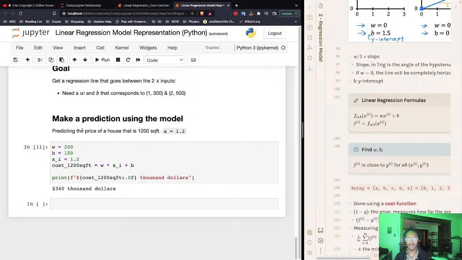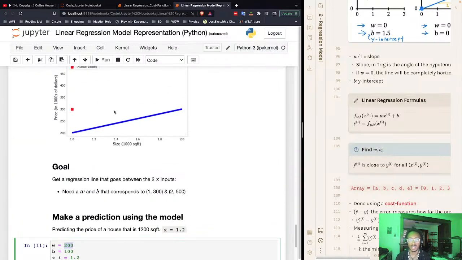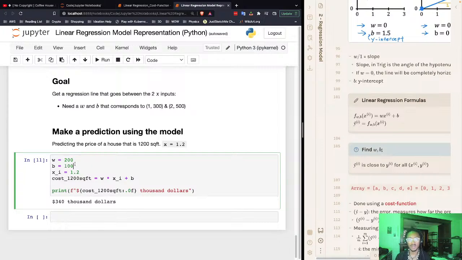So here's an example of making a prediction using the model. If we're predicting the price of a house in correlation to our training data, we're basically just going to have to configure or change this weight and this bias in order to figure out how we create the best model. Once we create our model, once these weights and these biases are fixed, then the